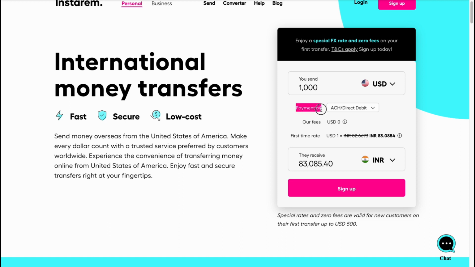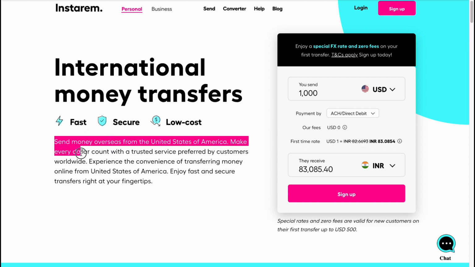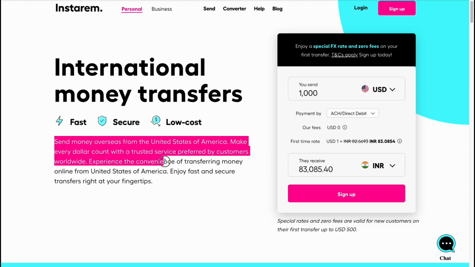We can also choose how we'd like to pay. We can use a credit card, debit card, Instarem as pay, and wire transfer, which is pretty cool. So basically, Instarem is a fast, secure, and low-cost platform. We can send money overseas from the United States of America, make every dollar count with a trusted service preferred by customers worldwide, and experience the convenience of transferring money online from the United States of America, enjoying fast and secure transfers